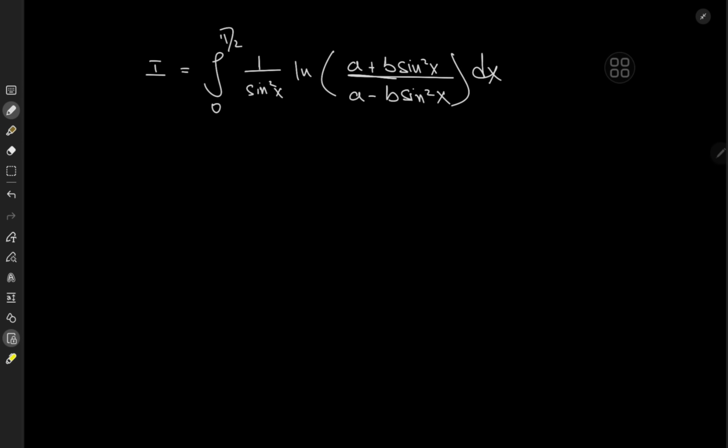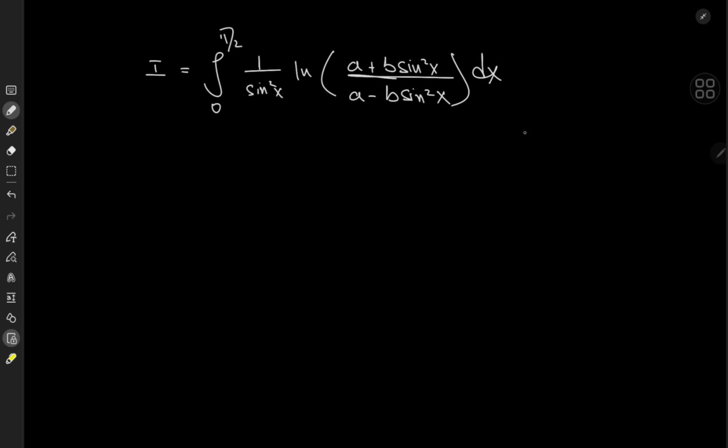Hey folks, this is your boy Kamal once again, and today we have the integral from 0 to pi over 2 of 1 over sine squared x times the log of (a plus b sine squared x) over (a minus b sine squared x), where about the parameters a and b, if my memory serves right, because I don't have